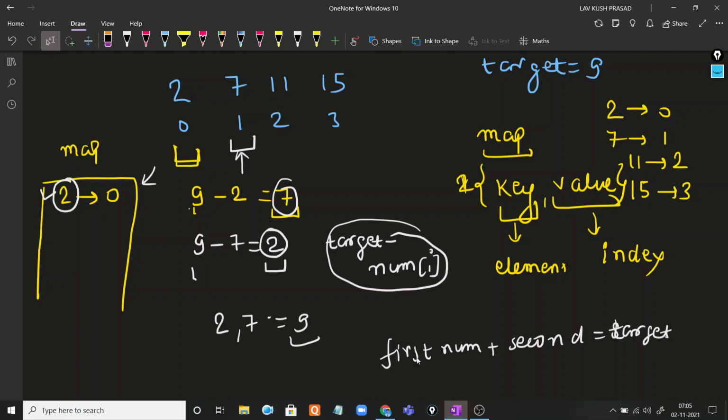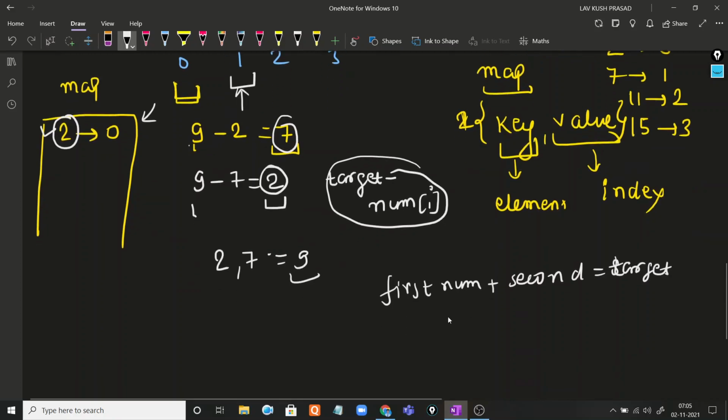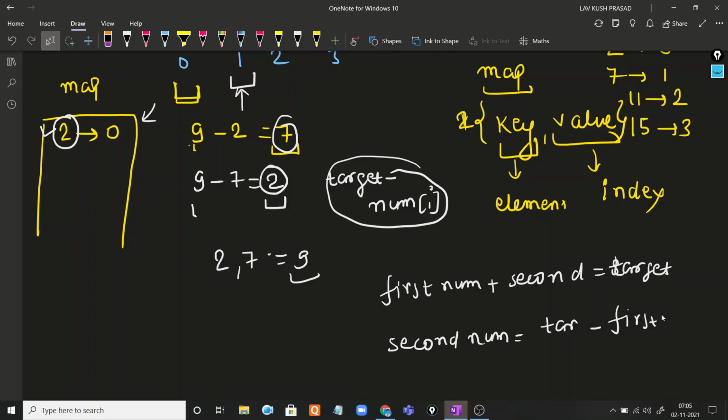And if we change this equation this way, second number is equal to target minus first, both are equal. Here is the original equation and here is the modified equation.